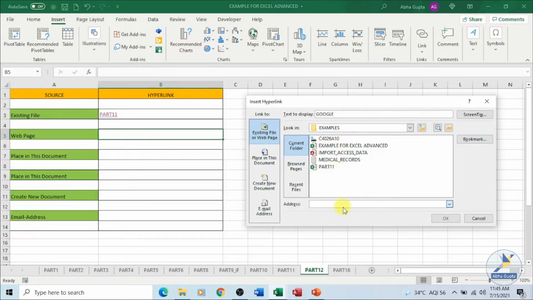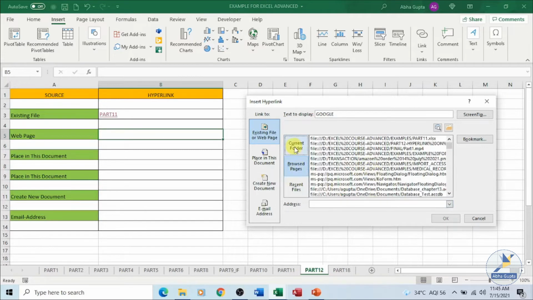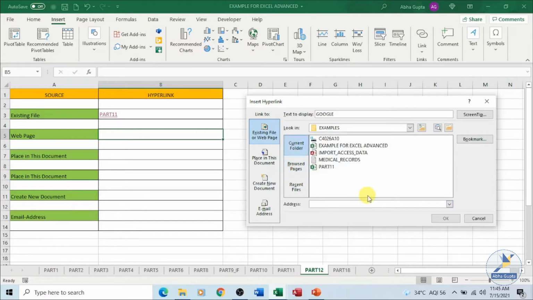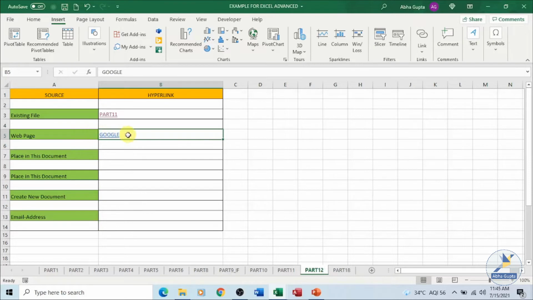I don't have it here, so either I can click on Browse Page and select it from here, or I can type in the address over here, say www.google.com, and click on OK. So Google is appearing as a hyperlink. If I hover, by default you can see this screen tip for you. You can click, it will open the Google page for you. Let's open.